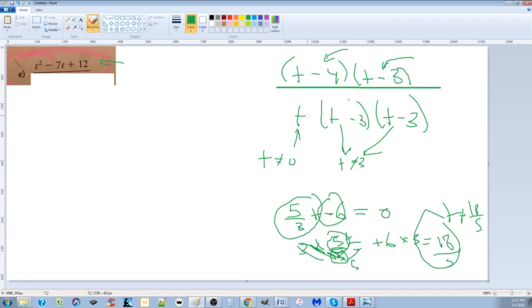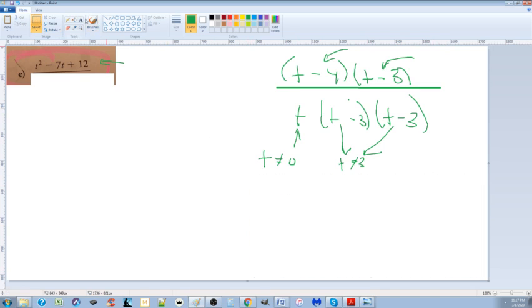So, now that we figured out the restrictions of this one, that t can't be equal to 0 and t can't be equal to 3, we can cancel stuff out. That cancels with that, and they're gone. They both turn into a 1. So we're only left with this, this, and this. So the final answer is t minus 4